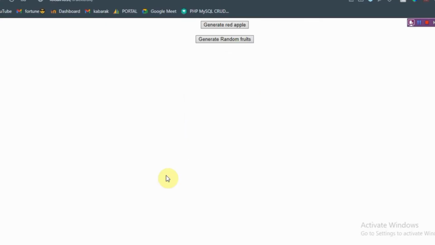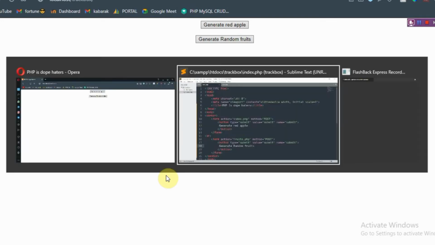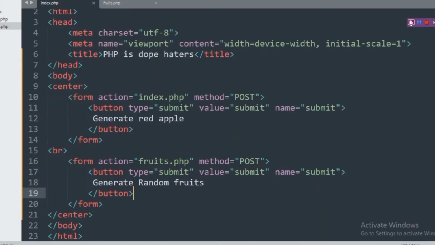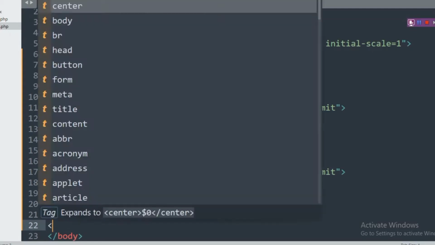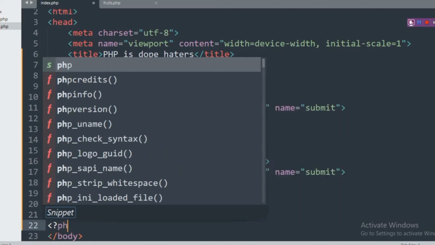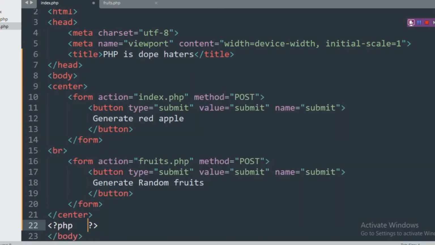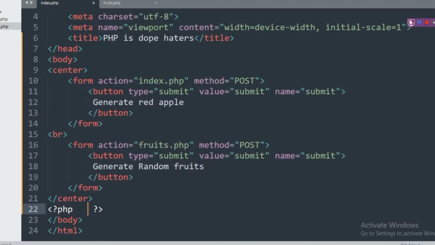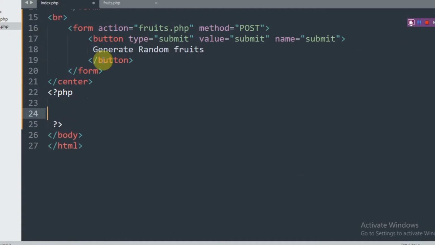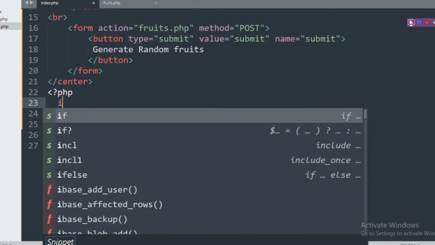Okay, so we have some ugly ass buttons. So next, we want to actually write the code for this stuff. So what we are doing is, first we want to check if this user has clicked on whatever button, be it generate red apple or generate random fruits. So let's open up some PHP tags. Okay, then in here, I'm just going to check if this user clicked this. So I'm just going to do an if